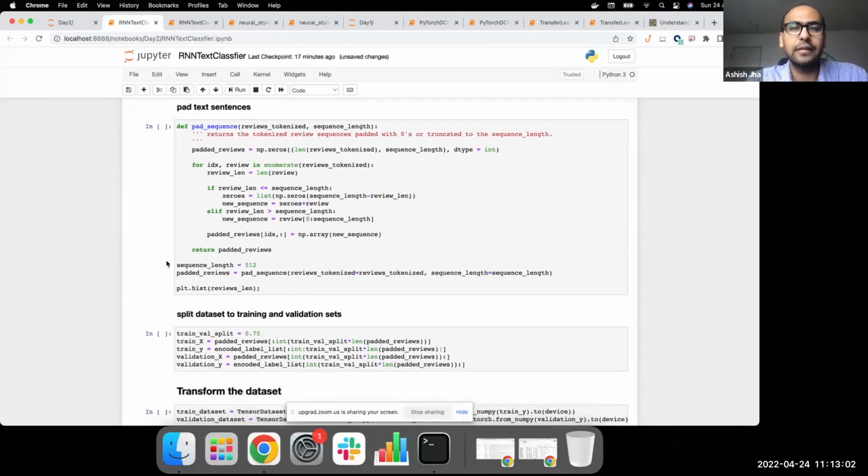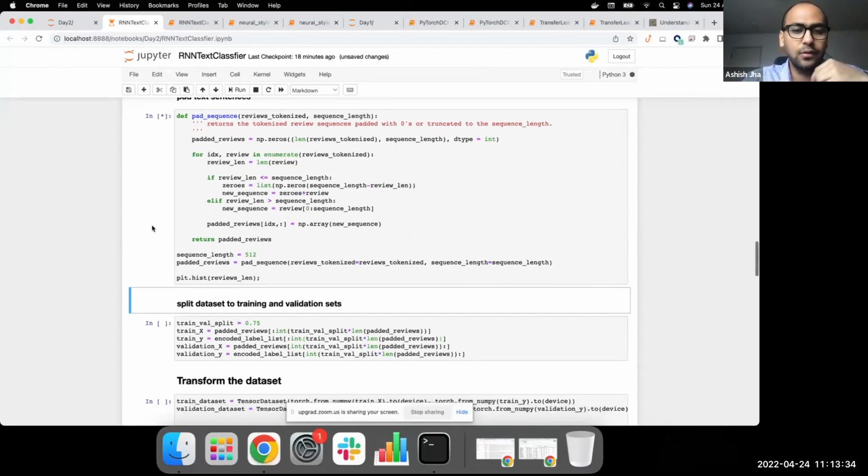Why? Because now another problem is different reviews come with different lengths, different numbers of words, right? Again, for our machine learning models, we need to standardize how we present the information to the model. Because the number of layers and the parameters in the model are fixed, the way to tackle that here is padding. Okay, so let me first run this and I'll show you what comes from the output of this cell, and then I'll explain backwards.